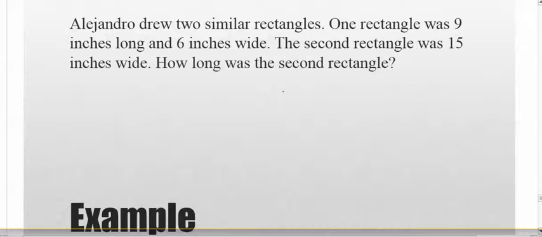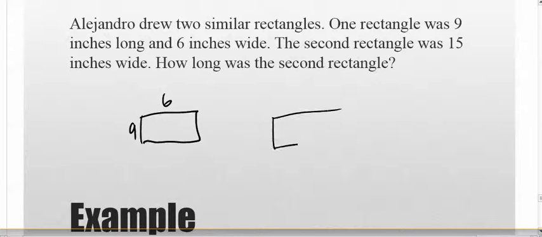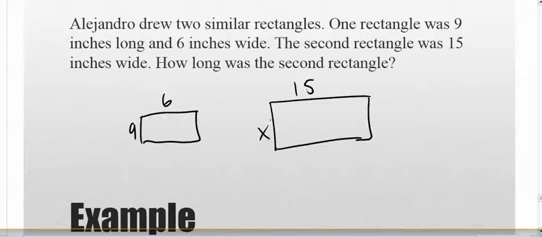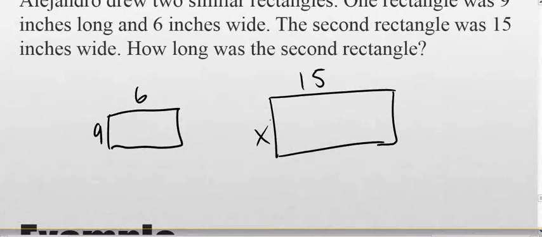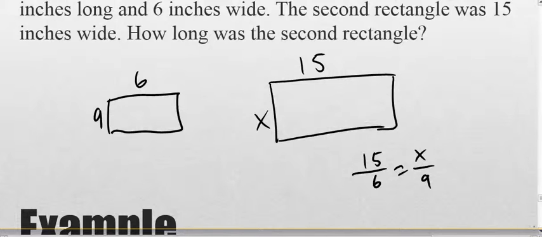Yeah, got it. Okay, so you draw the first rectangle, which would be 6 over 9, and then you do the bigger box. Let's just draw that bigger. 15 by x, and then you do 15 divided by 6 equals x divided by 9. So that is,